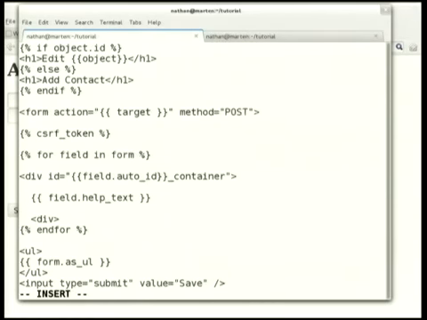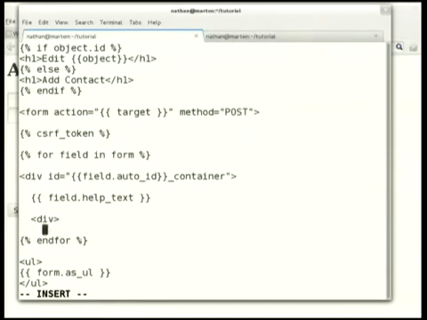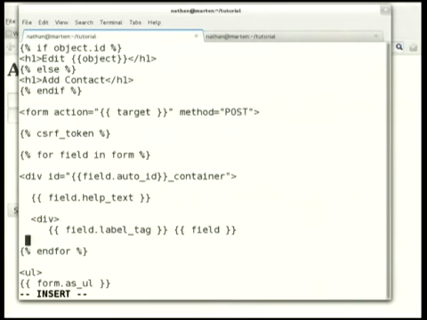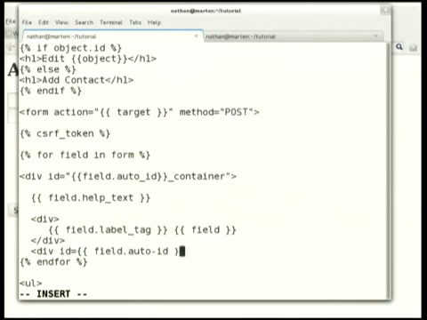There's this field.help_text, which will provide help if it's available. And then I can do label_tag, which is exactly what it sounds like. And then we already saw that if you just emit the field, you get the input. And then I can also do something like this, where I say field.auto_id errors. And in here,